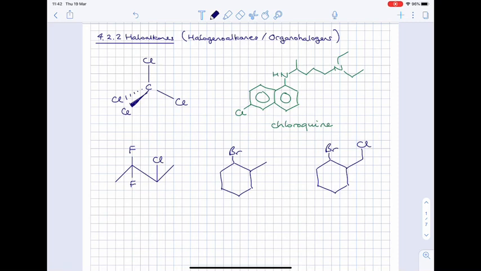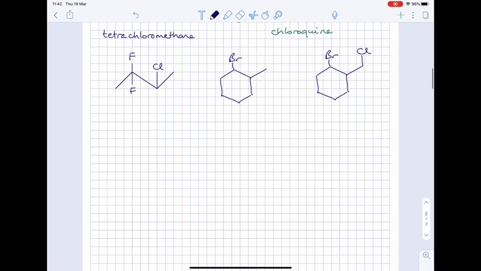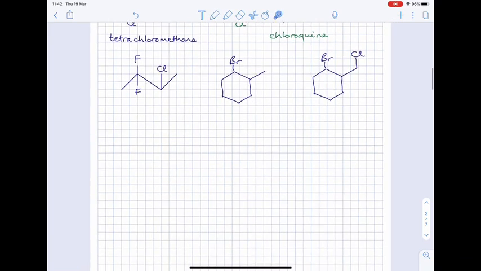So this one on the left here, you can see it's based on methane, and there are 4 chlorines. So this is tetrachloromethane, and it's a common solvent. At the bottom here, we have a few more, and this one here